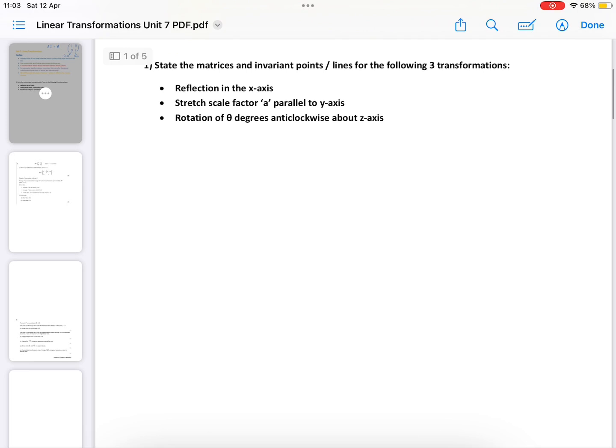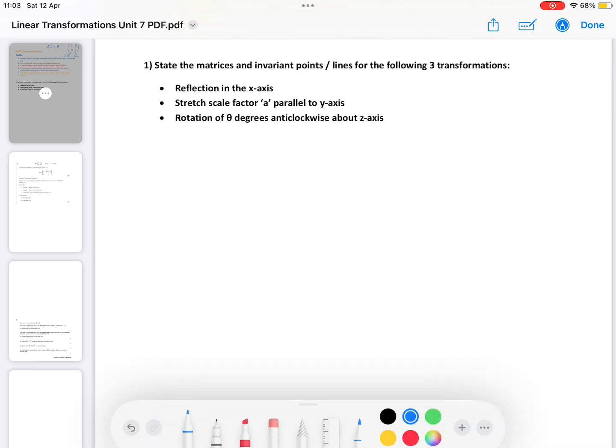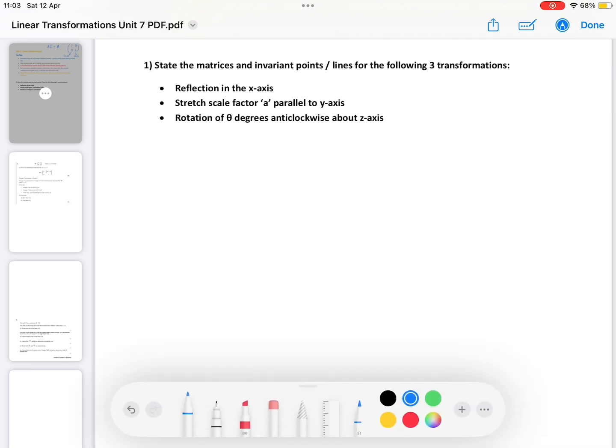So the first question, we've been asked to state the matrices and invariant points and lines for the following 3 transformations. So this is sort of testing the difference between the invariant points and lines. So for a reflection in the x-axis, 1, 0 is going to stay the same because it's on the x-axis, and 0, 1 is going to go to 0, minus 1 because of the reflection. So that's the matrix for that reflection. As for the invariant points and lines,